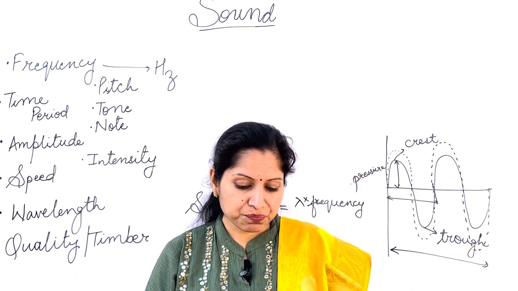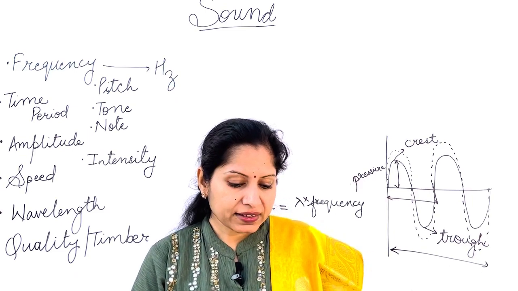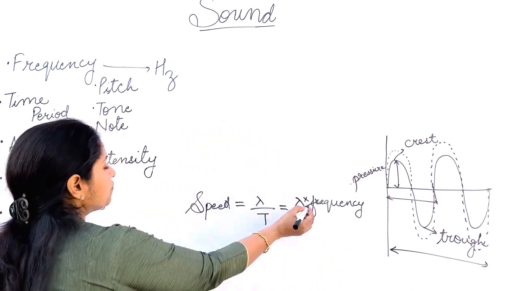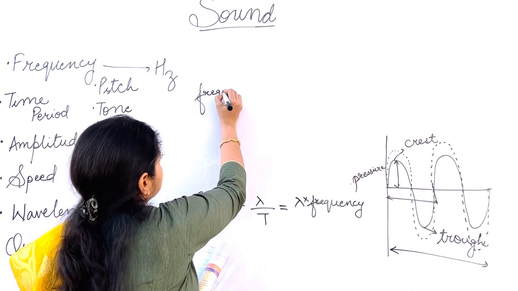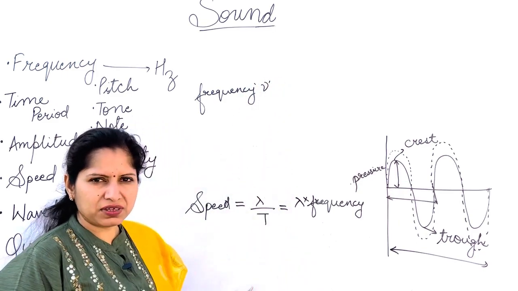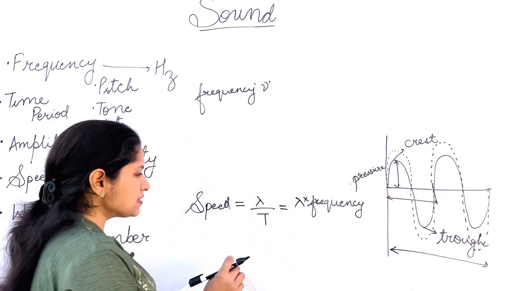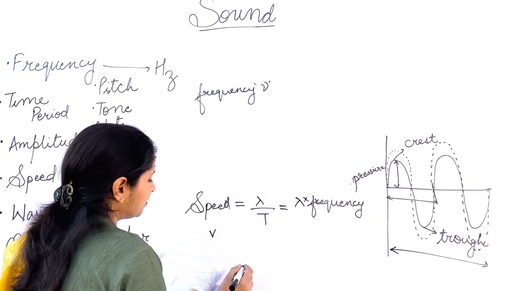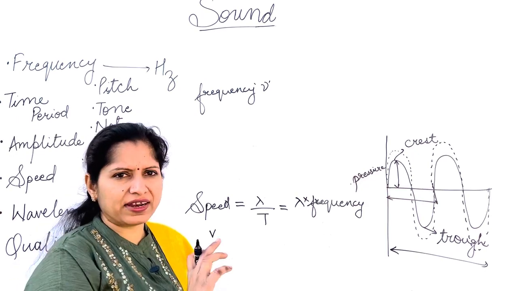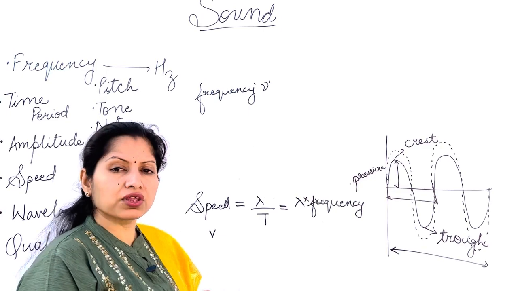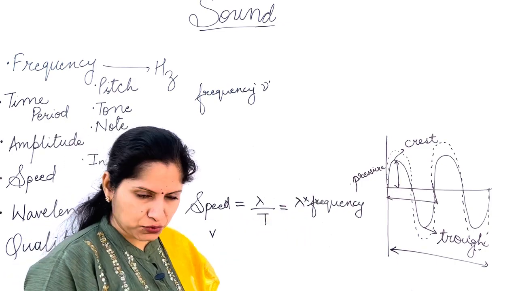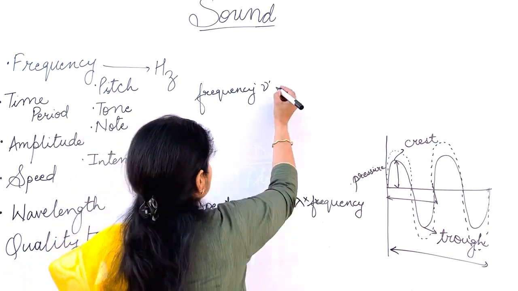One question that I'm reading: calculate the wavelength of a sound wave whose frequency is 220 Hz. Frequency is given. Now the symbol for frequency is nu, but I try to avoid that because the symbol used for speed is v, and they look quite similar to each other. So it's better to just write the word frequency, and for speed you can use the symbol, so it's clear. Frequency is given, 220 Hz,